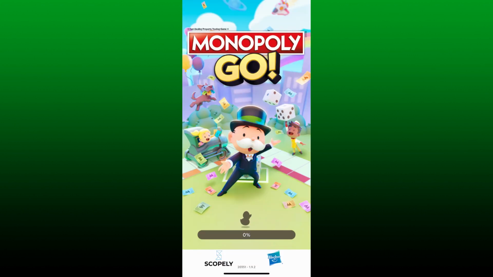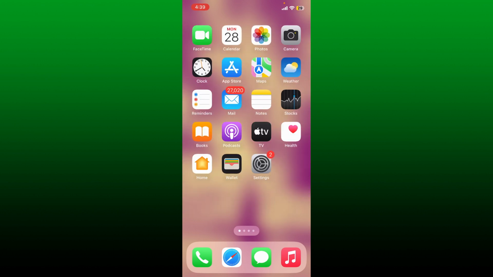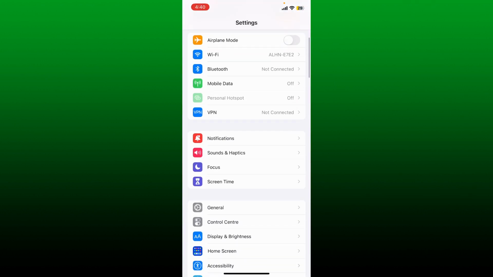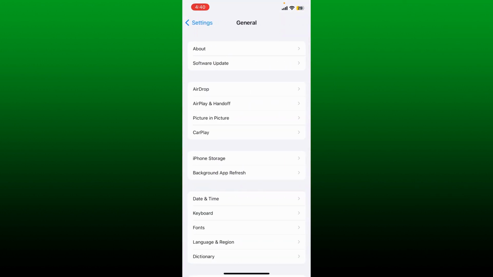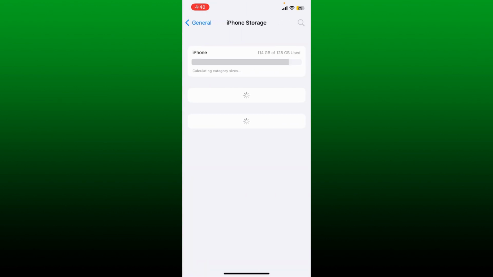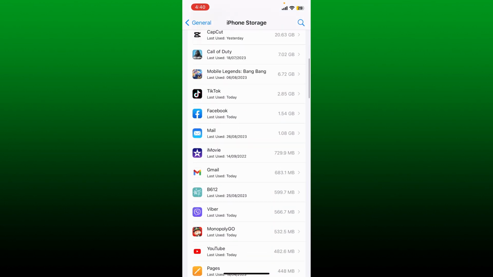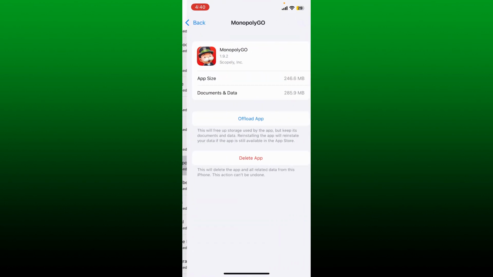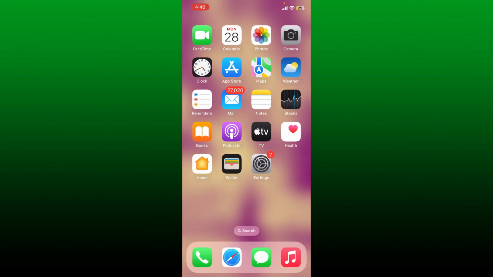If the problem still goes on, you can go and tap Open Settings. From the Settings menu, scroll down and tap on General. Now from the General tab, tap on iPhone Storage and then look for Monopoly Go from the list and tap on it. Now tap on the Delete App button twice